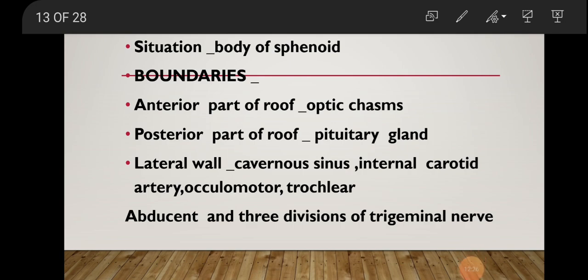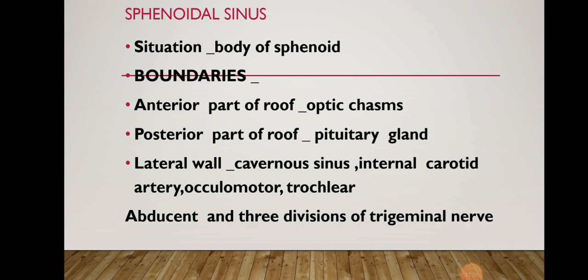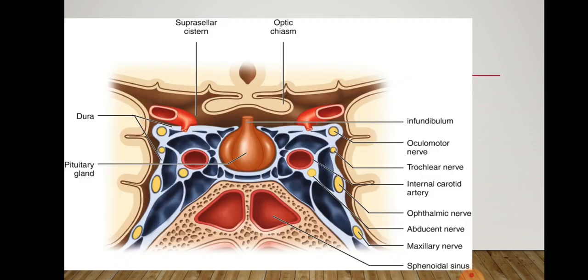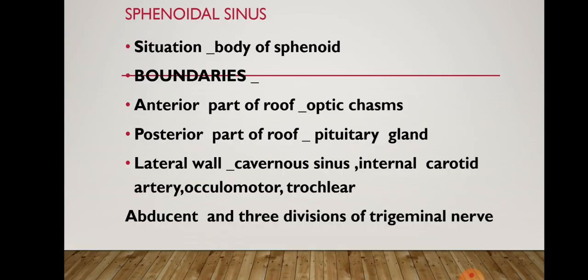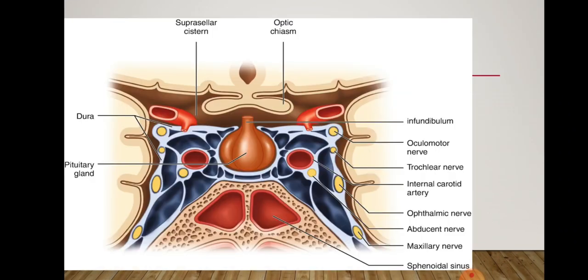So coming to the next one, that is the sphenoidal air sinus. Where is it situated? It is situated in the body of the sphenoid. The boundary of the sphenoidal air sinus anteriorly is the optic chiasma. The optic chiasma forms the anterior part of the roof. The posterior part of the roof,